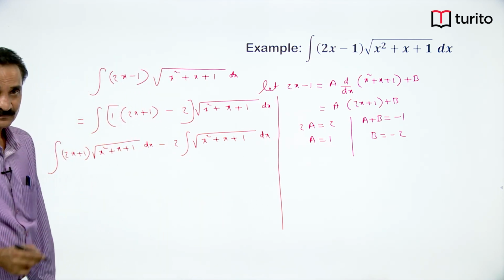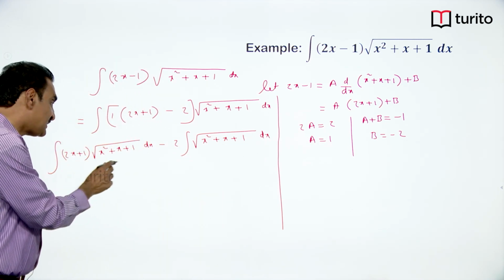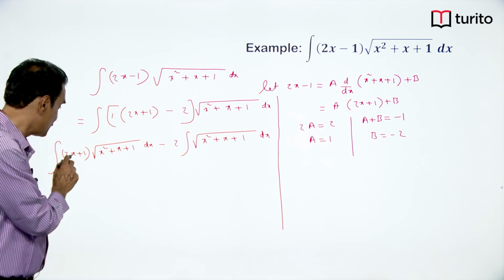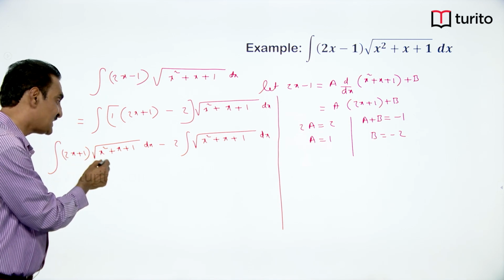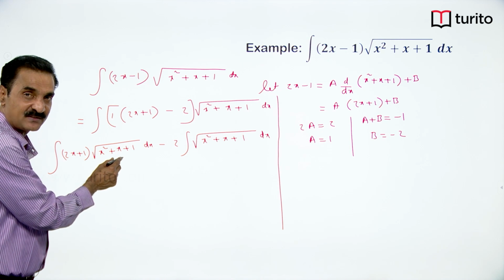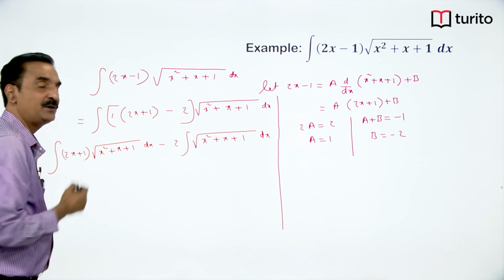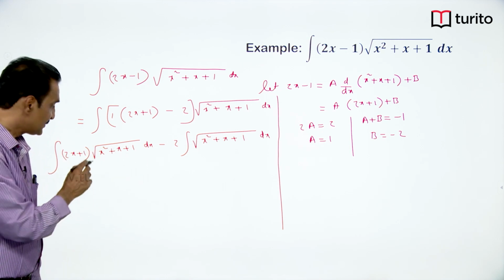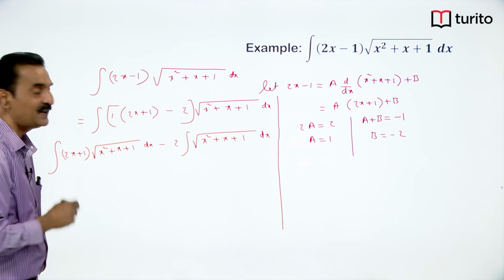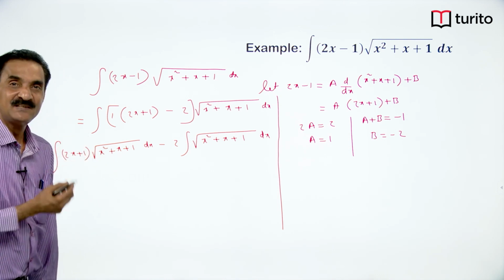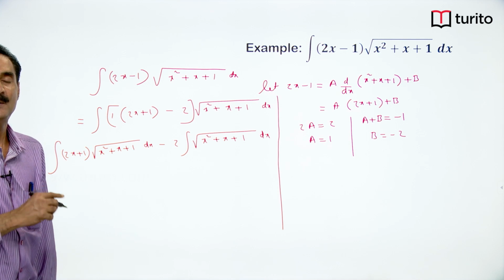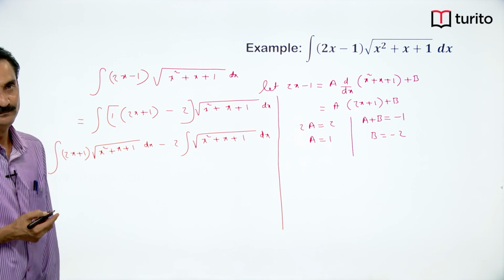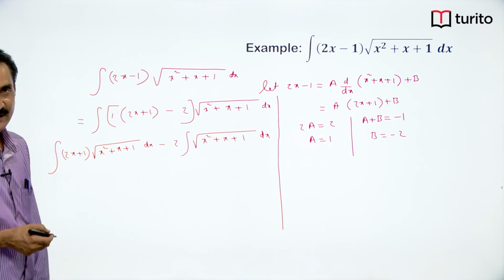Right. Now, derivative of x square plus x plus 1 is 2x plus 1. So, if you put x square plus x plus 1 as t, 2x plus 1 into dx becomes dt. So, this becomes integral root t dt. What is the integral of root t? t power 3 by 2 by 3 by 2. So, I will write it directly,